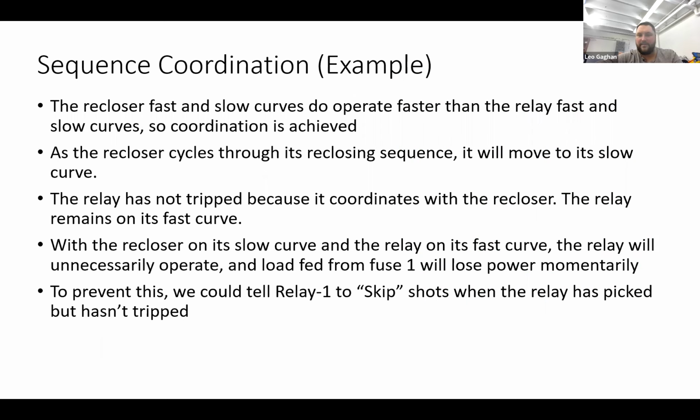So I'm kind of trying to explain it rather than read right off the slides. That's the problem. So to prevent this, we're going to tell the relay to skip shots whenever the relay has detected something that it can qualify as a fault. Likely, our pickup